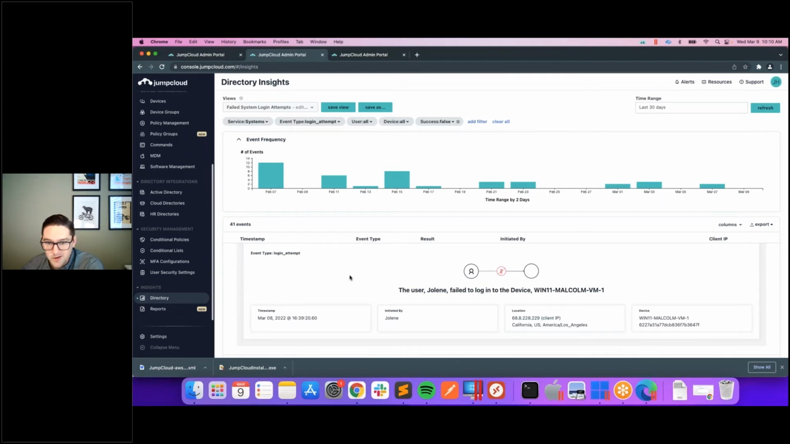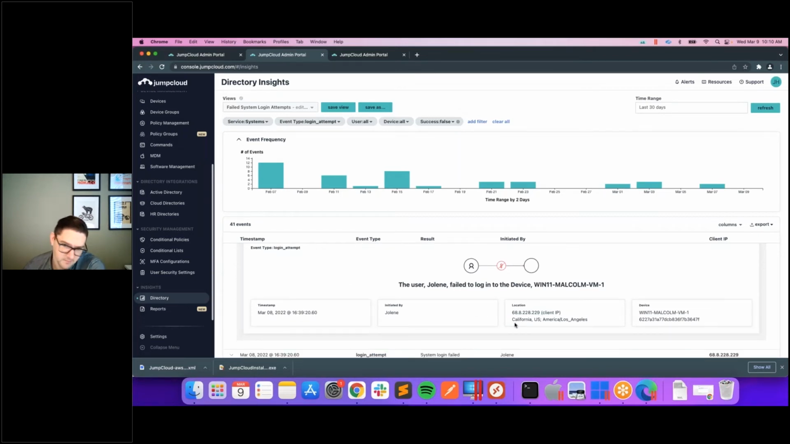So again, we can see what's going on here. Maybe you want to look at, okay, well, this person's in California. This person doesn't live in California. Maybe that's a red flag, right? So you can really drill into these events and get a better understanding of what's going on in your environment that way,